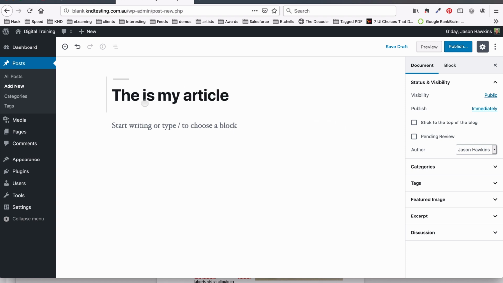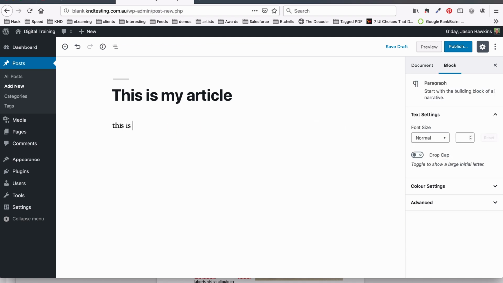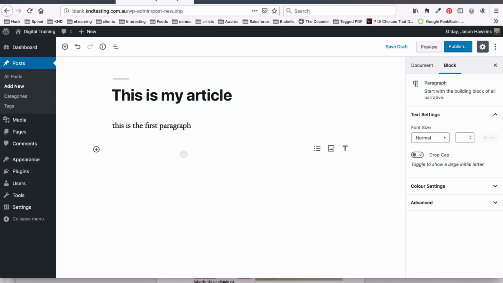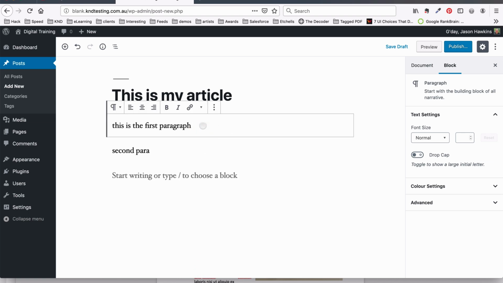So if I type here, and this is the first paragraph, what you can see now, if I hit enter, it's going to create a whole new block. Even though that block is just a paragraph, it's a block nonetheless. So you can work your way down the page creating blocks. Now, how that differs from the old way is I can now edit this paragraph block using the tools on